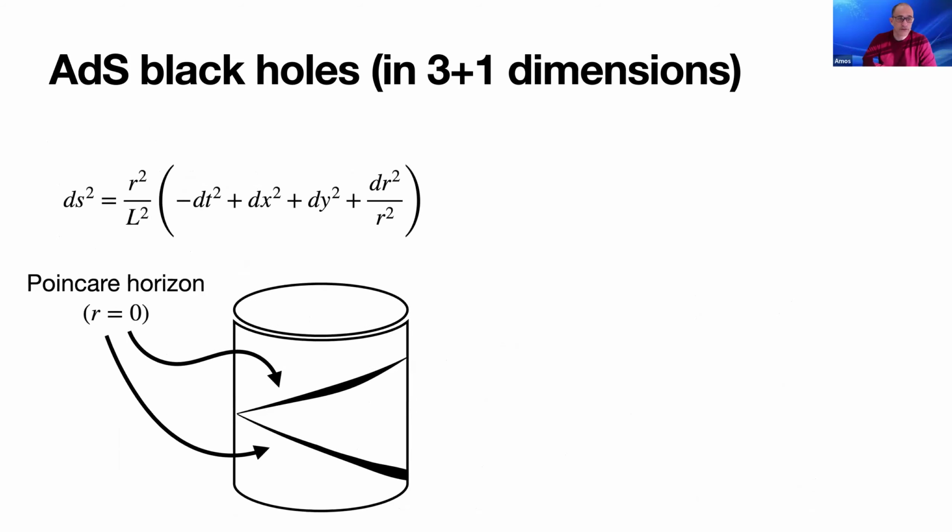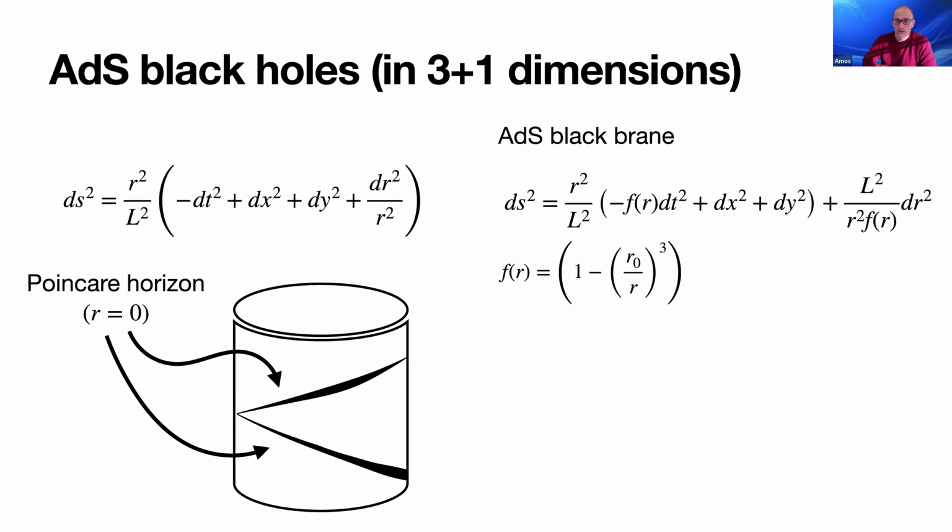What I want to do is start from this patch and look at a black hole that's associated with this type of coordinate system. So it turns out that there's a black hole that takes this form on the right. You see this is, again, very, very similar to Schwarzschild. You have this f of r here, which is going to vanish when r equals r naught. And this describes a different type of black hole.